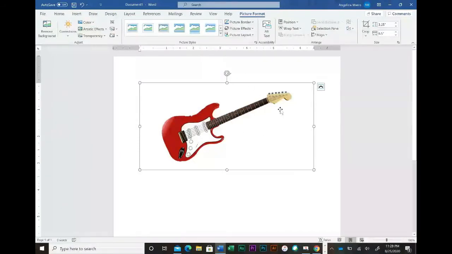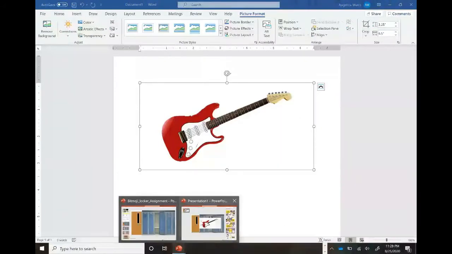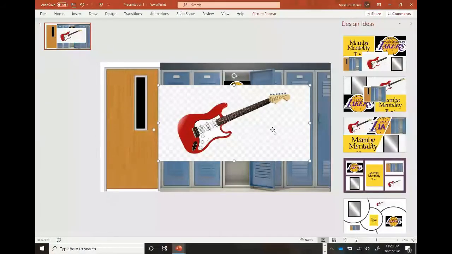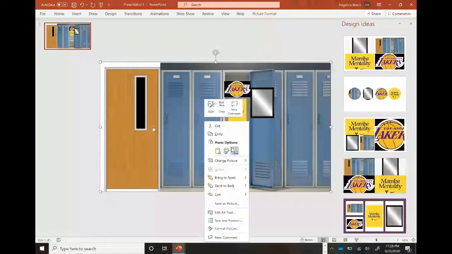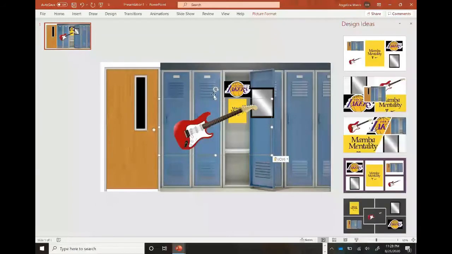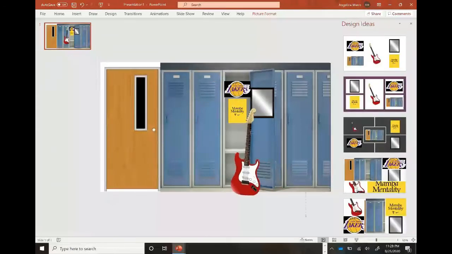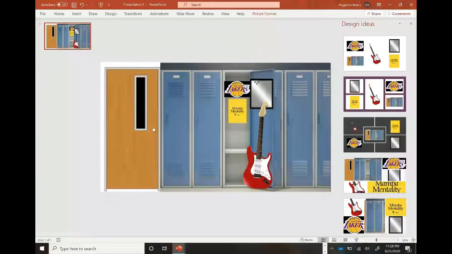So right click and copy this time and go back to PowerPoint. And let's click on that one and get rid of it. Let's go ahead and right click, paste, and now I can put my guitar however I want. I'm just gonna hang it. I'm gonna move my mirror right here. I'm gonna make my guitar just a little bit smaller, and I'm gonna have a little hook to put my guitar there. Okay, just kind of mess around to see how you would best